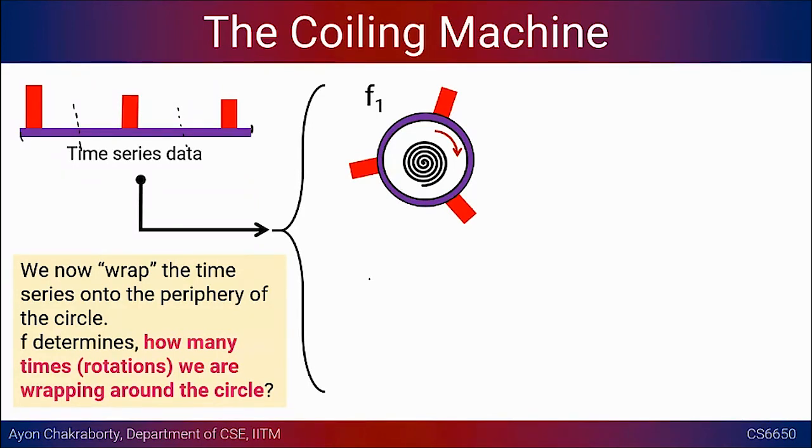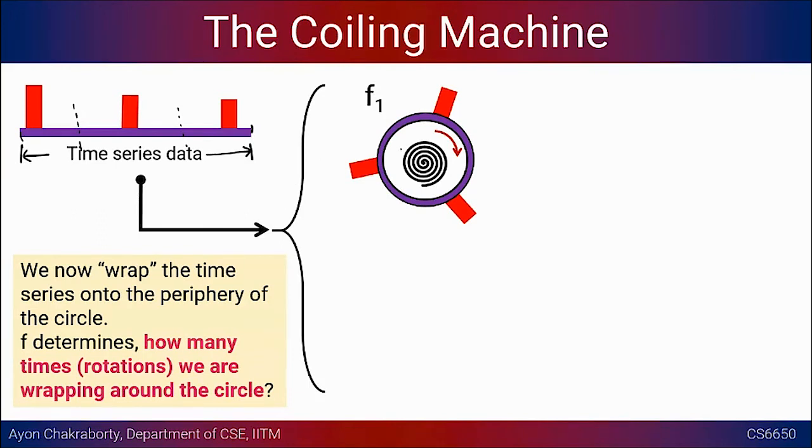Very similarly, you take this entire fixed time series data, let's say it spans t seconds, and you want to wrap this data on top of the circle at a certain frequency, which means how many times you are wrapping it around the circle. You can wrap it 2 times, or 4 times, or 5 times. Mathematically, you can think that the tape is as elastic as possible, so that is not a problem.